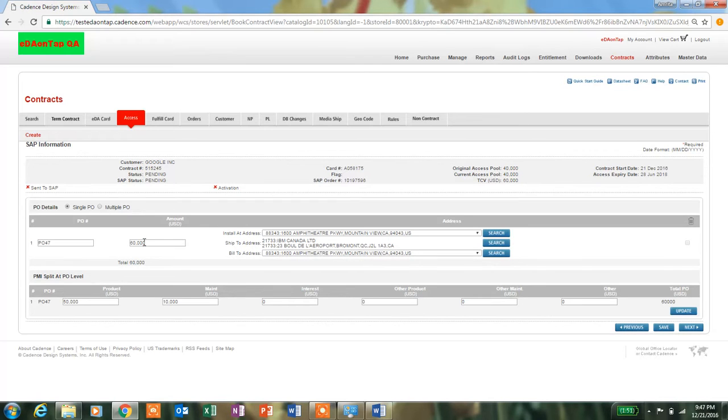This comes from the TCB value, and this is the install-at address. That means where the product is installed, the location of the installation. By default this location will be selected from the access contract creation page. And if we want to change this address, then click on the search option,